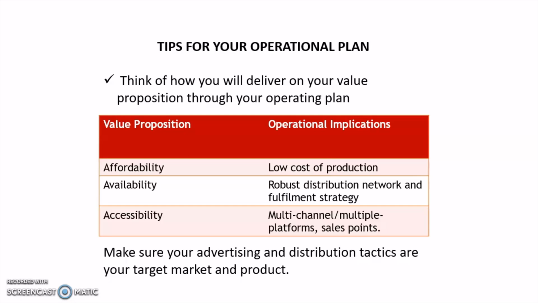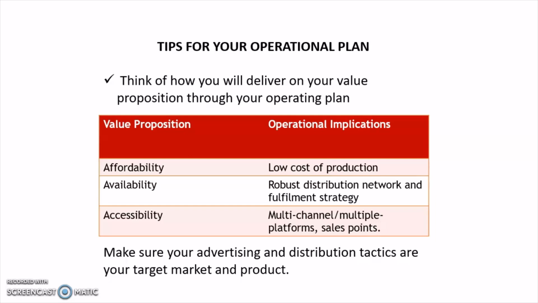If your value proposition is to sell cheap, you will have to find a way to produce low, right? Either by reducing the production chain or the distribution chain of a business. For instance, at the tail end of product distribution, if you're producing Coca-Cola today at 50 naira, maybe it's getting to the consumer at 100 naira or 120 naira because of the distribution chain. But if you as the producer now decide to break that production or distribution chain, you find a way to distribute your product straight to those who are consuming it.